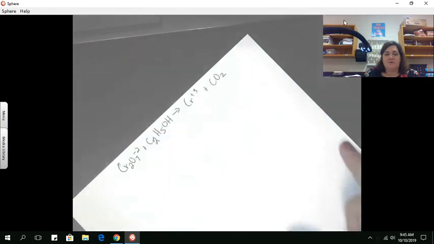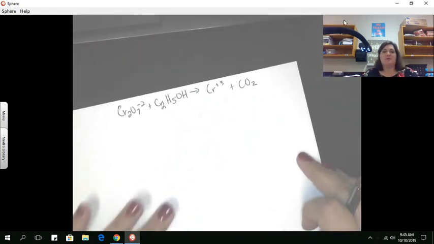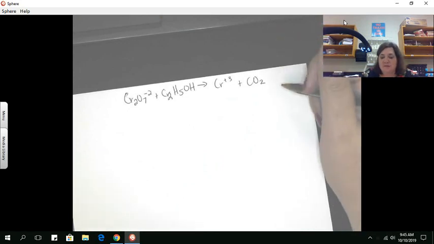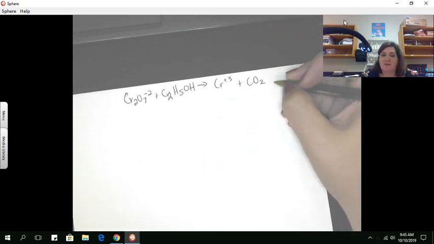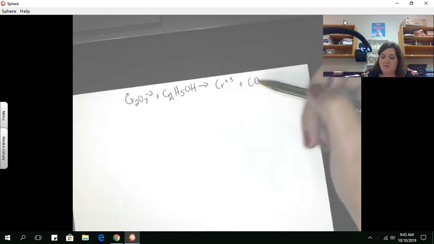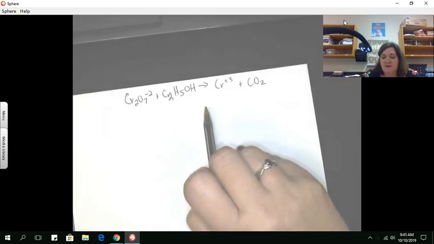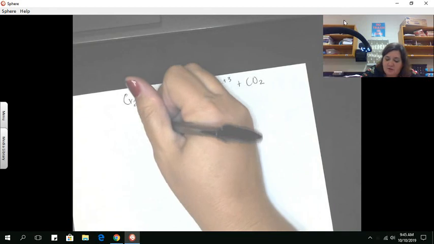Alright, today we're going to look at balancing redox reactions. First we're going to review in an acidic solution, and then we're going to look at a basic solution. So to review for the acidic solution, first thing we do is break the one reaction into two halves, so